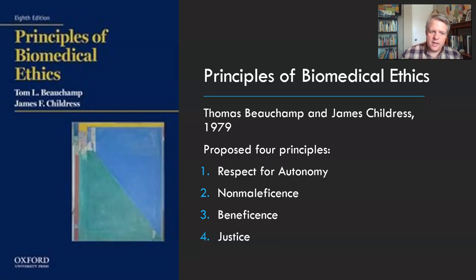So we're going to adopt this principlist stance. And this principlist stance really got its start in the late 1970s. Its early champions, Tom Beauchamp and Jim Childress, were professors at Georgetown University. Beauchamp is still a professor at Georgetown University, and these are sometimes called the Georgetown Principles. They both were working at the time, or Beauchamp was working at the time, on two projects. One was the Belmont Report.